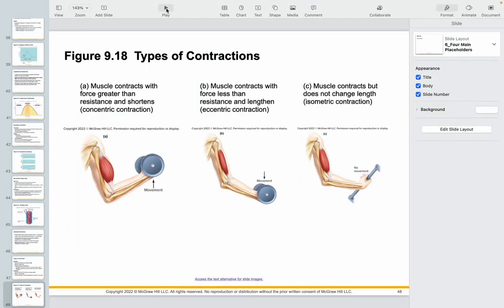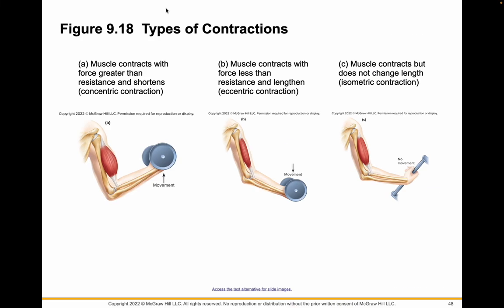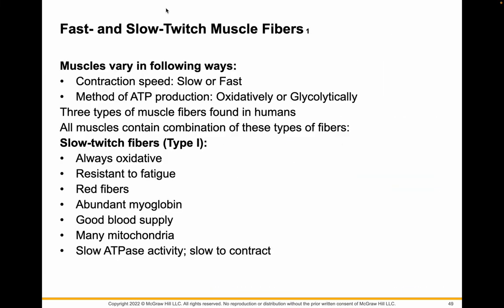Okay, we left off talking about concentric and eccentric isotonic contractions and then isometric contractions, where the length of the muscle does not change. All right, there are fast and slow twitch muscle fibers. The big takeaways are the contraction speed. Now, they can be oxidative,